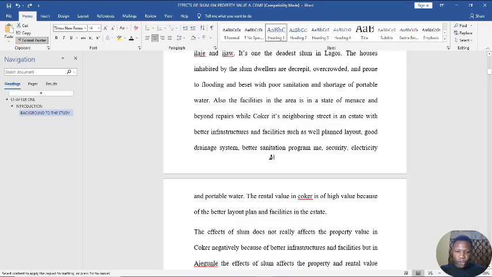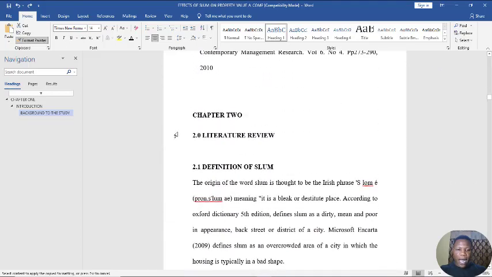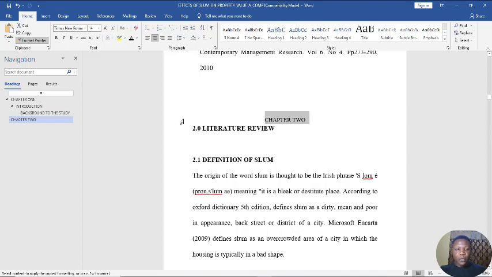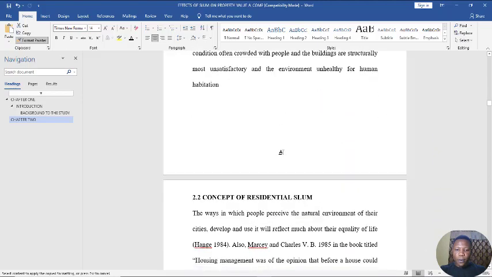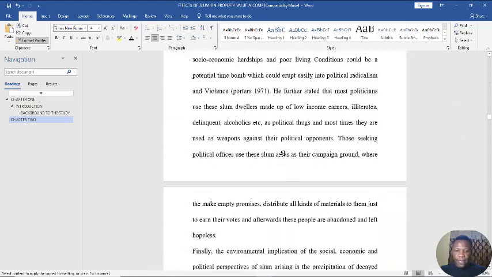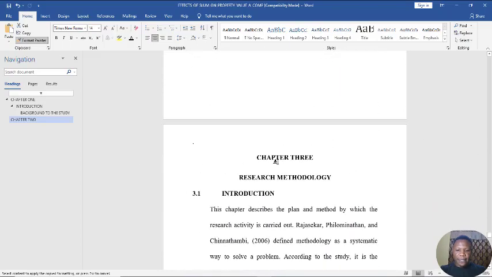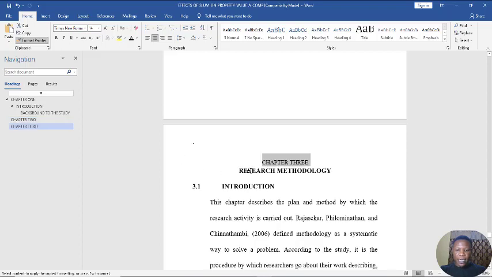So you can see the brush on the screen. Move to chapter 2. By the side of it, not on the document, by the side of it, click by the side. You can see it will select it and give it the property that you have set for chapter 1. So I'm moving to chapter 3 also to copy the format and paste on chapter 3. On chapter 3 also, by the side, I will click, then it will copy the same thing and paste